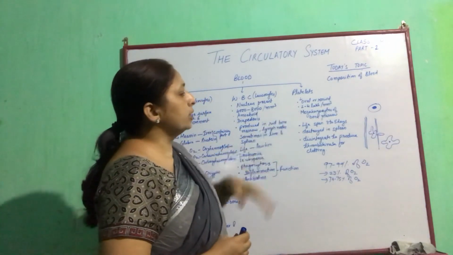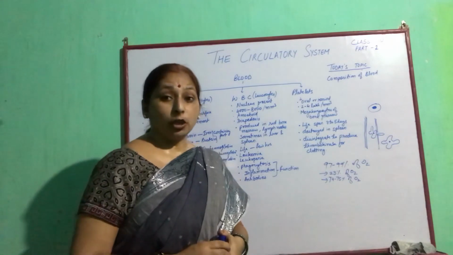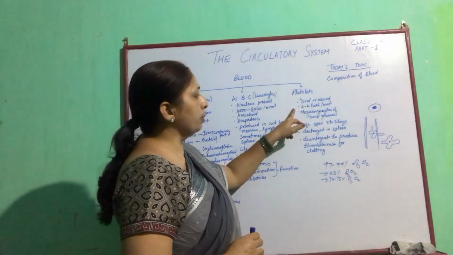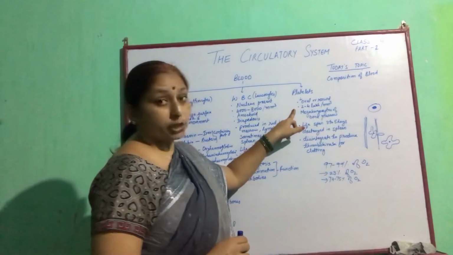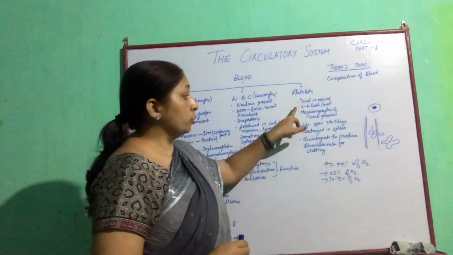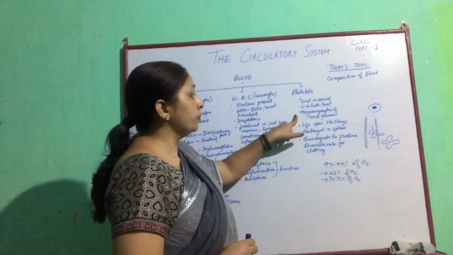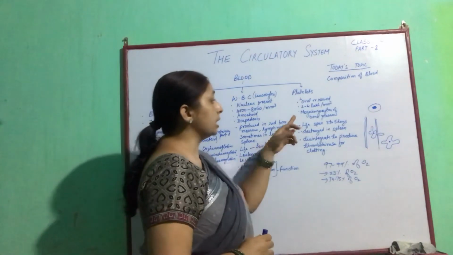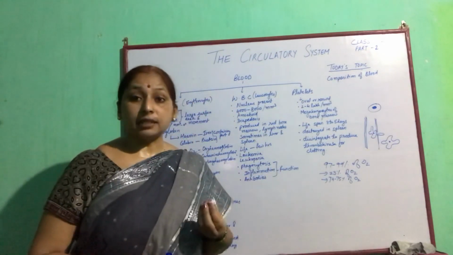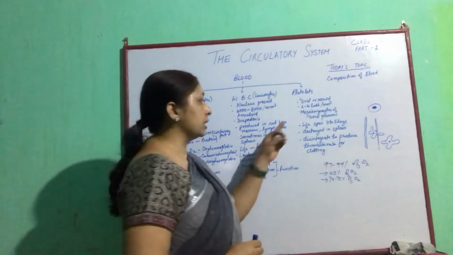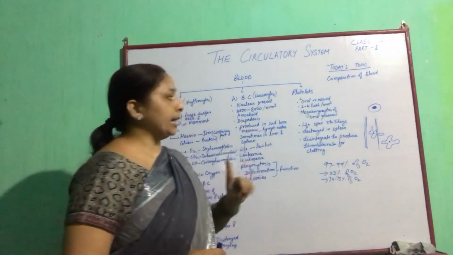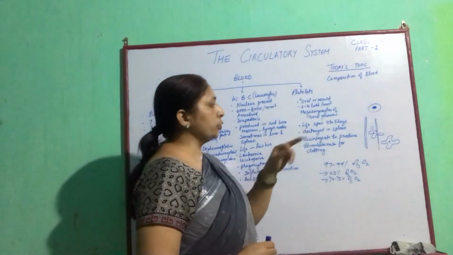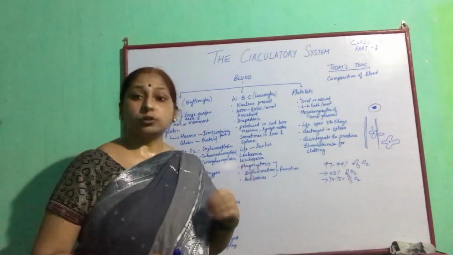Platelets are generally responsible for blood clotting. They are oval or round in structure. The number is 2 to 4 lakh per millimeter cube. They are numerous. Where are they produced? They are produced in specialized cells inside the bone marrow, termed as megakaryocytes. Platelets are produced in the megakaryocytes of the bone marrow. Lifespan is 3 to 5 days. They are destroyed in the spleen.